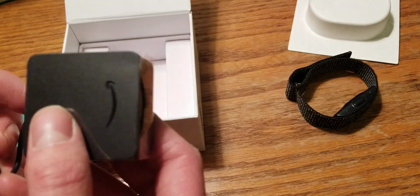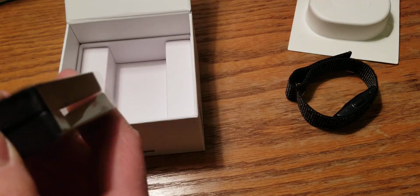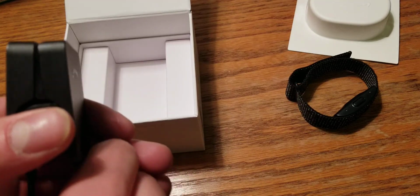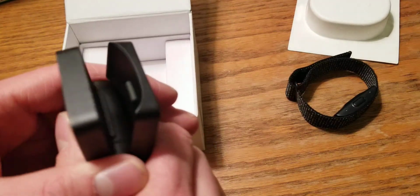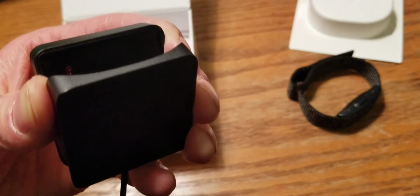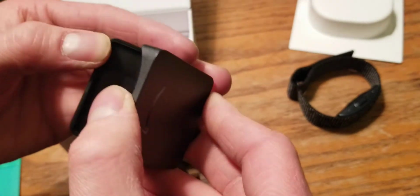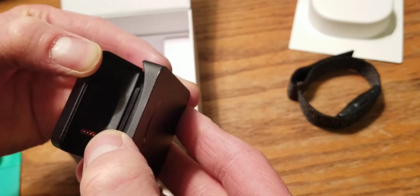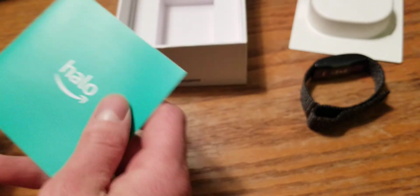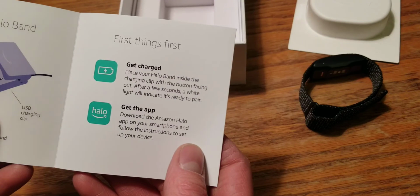So your little charging clip. I'm trying to do the clip, you know, there's plastic on it. Doesn't work out too well. Wonder why they made that a clip. Try to show you guys in there. You see the little charging. There we go. But where my thumb is there's a little charging point, which again was on the back. Of course, I have to line it up with the charger. Alright, and then we have a booklet on how to